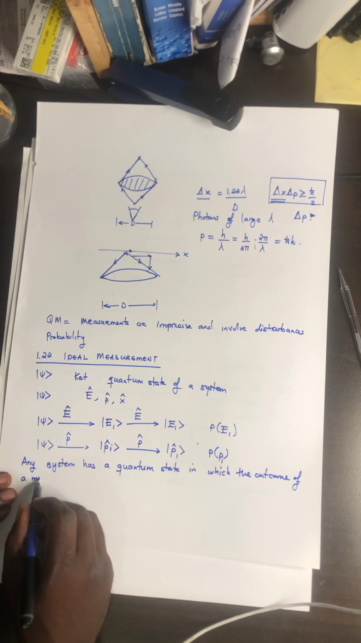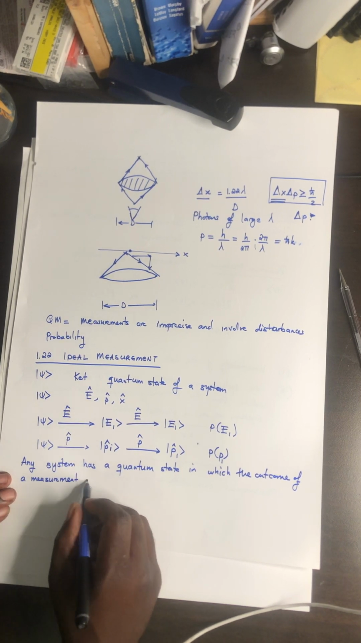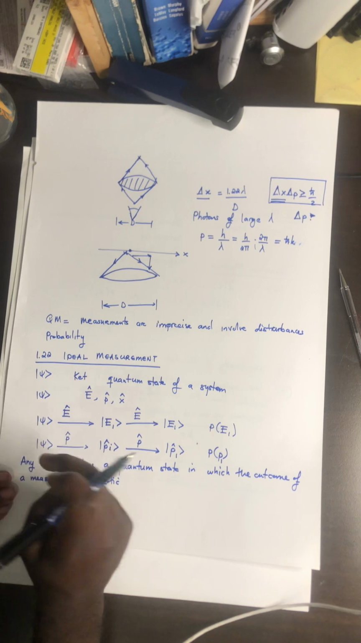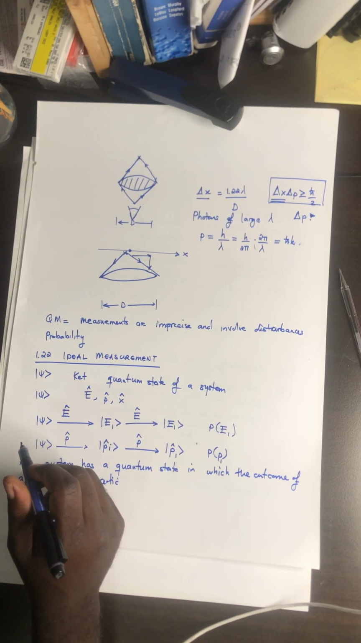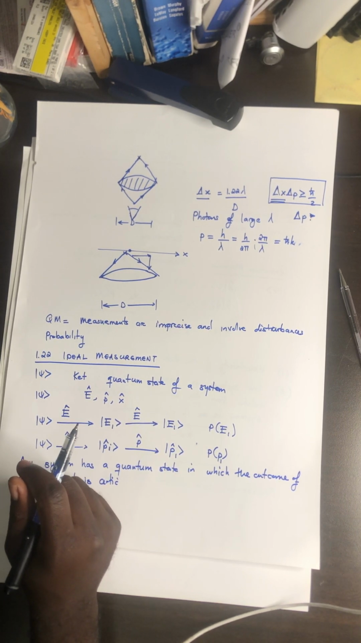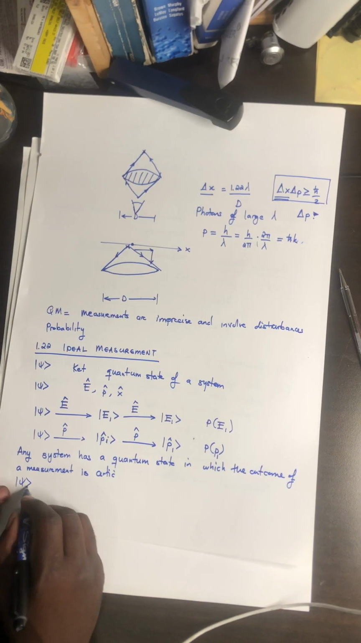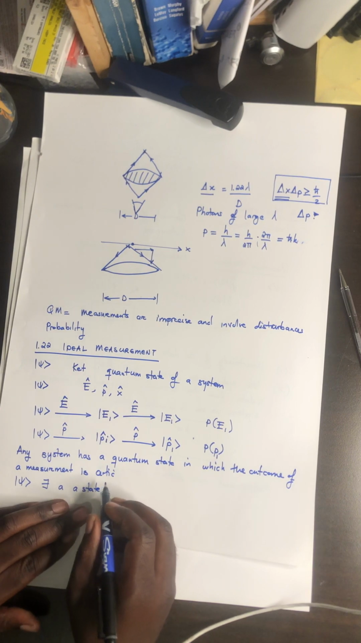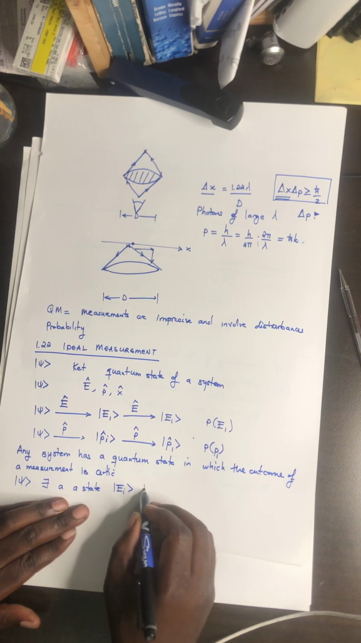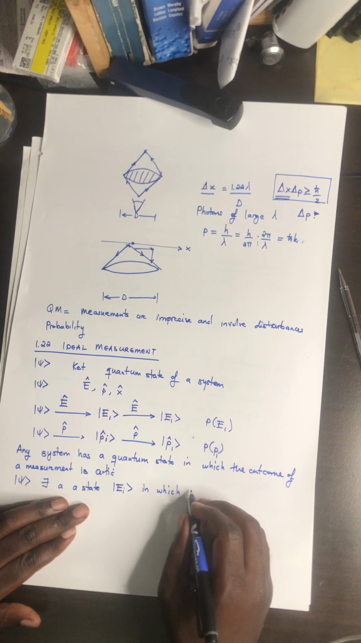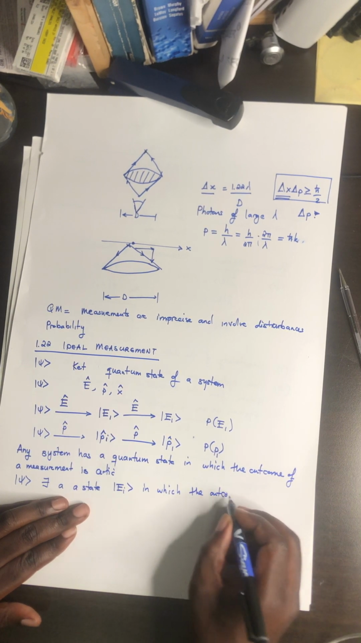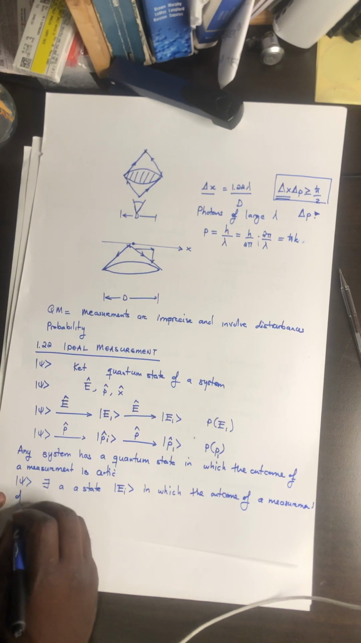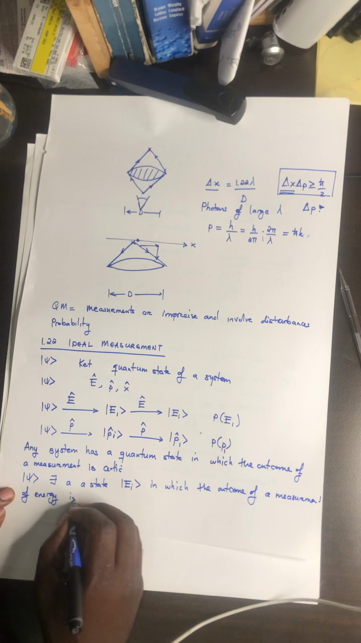Of a measurement is certain. Meaning that, let's say we have a generic state psi, there exists a state, let's call that state EI, in which the outcome of a measurement of energy is certain,